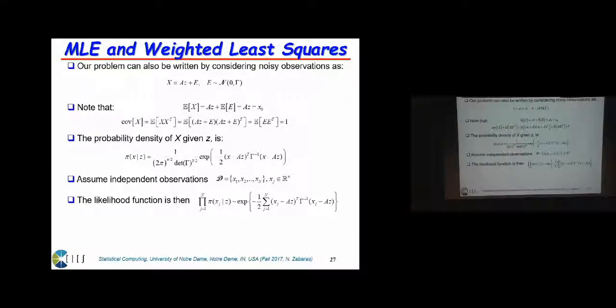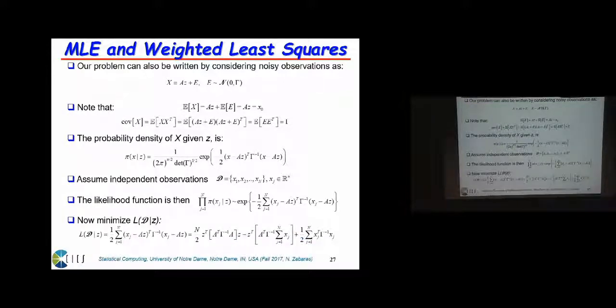That's the equation that you see now on the slide. So we need to find the maximum likelihood estimate, which is to find the z that maximizes this. If we take the log of this, it will be equivalent to minimizing the following functional. That functional will be the summation terms, high dot exponential, right? So effectively, to maximize the likelihood is the same as minimizing this functional L that you see, minimize it with